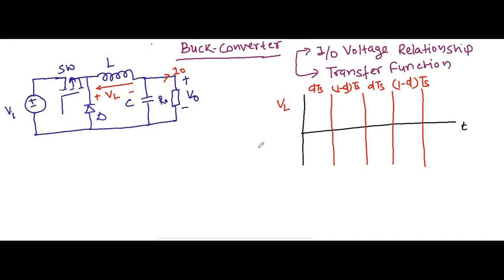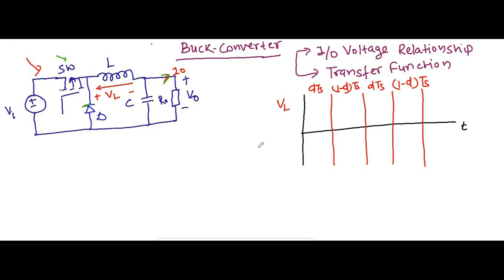If you look here, this is the basic simple circuitry of the buck converter. This is the input, that is Vi, and then we have the switch, and this is the diode, a Schottky diode we are using here. This is the inductor, then the output capacitor C, then the output load R0, and the voltage across the load resistance is V0, and the current flowing through the load is, let us say, I0.